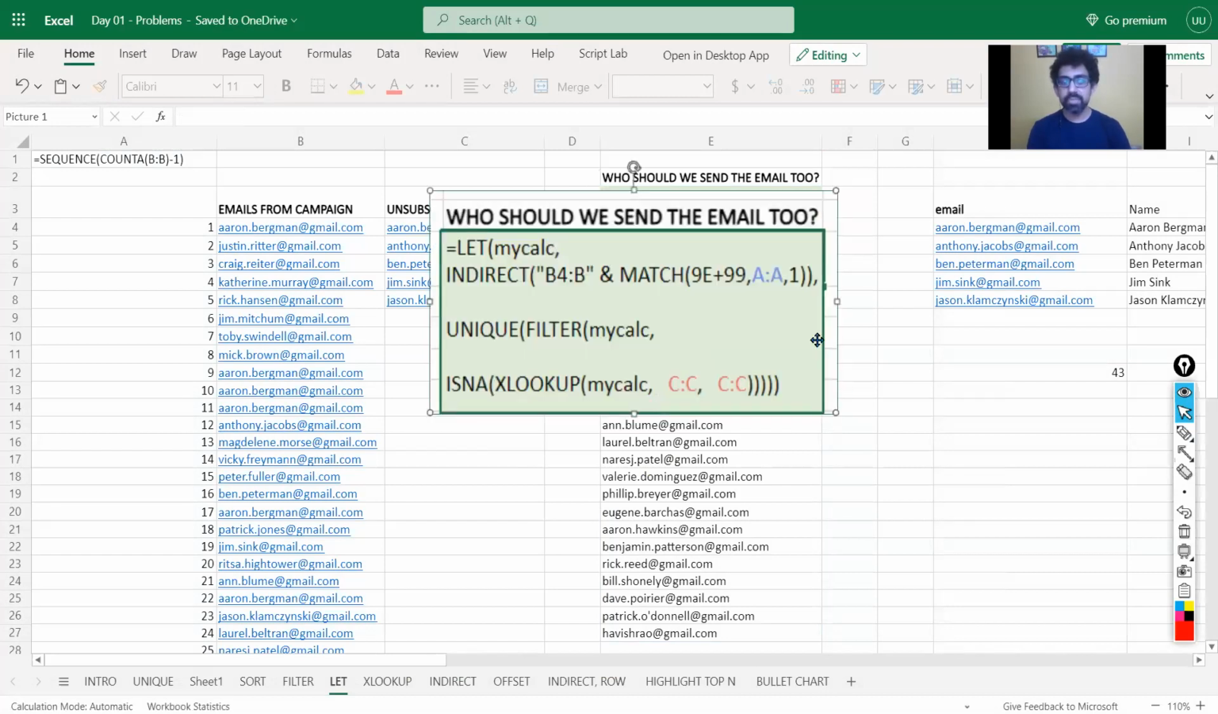Right? Let me break it down. What is the first step that we did? We said that let's find the match. What is the second step we did? Once we had the match, we assigned it a name, called mycal, which is B4 to B42 or 43, whatever it is. Now that we have a range stored in mycal, the third step was